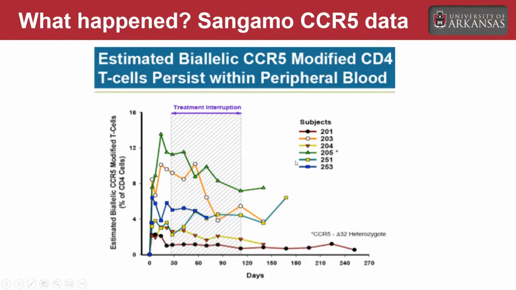They have an asterisk next to it. That patient was actually halfway delta 32. So one of their chromosomes lacked the CCR5 protein, so they only had half the work left to do to knock it completely out. So this was considered a semi-success. It wasn't curative. They're trending down. It was unlikely that this was going to be a complete cure, so they put them back on their antiretroviral